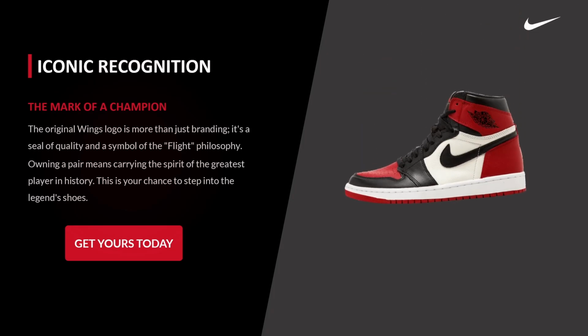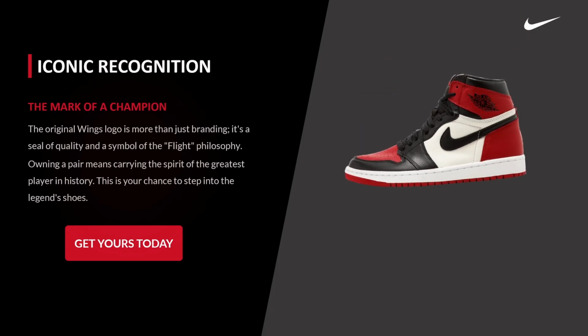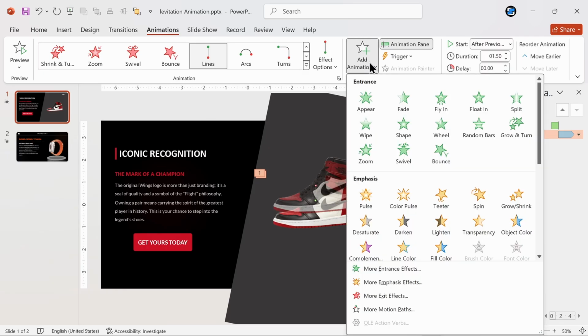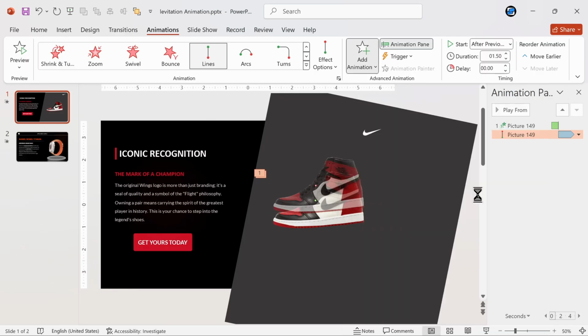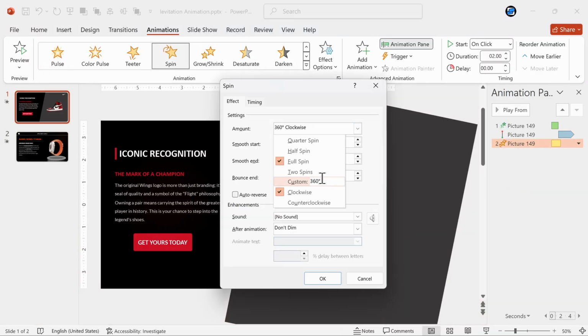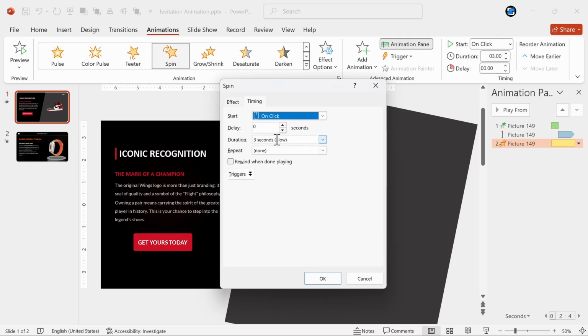The hover is perfect, but to make it truly eye-catching, we are adding a subtle, infinite rotation. To do so, click Add Animation and select Spin. Right-click the spin animation, go to Effect Options, and change the custom amount to 10 degrees. Hit Enter. Set Smooth Start and Smooth End to 0.75 seconds, and check Auto Reverse. Then go to the Timing tab. Change the duration to 3 seconds, set it to repeat until end of slide, and change the Start trigger to